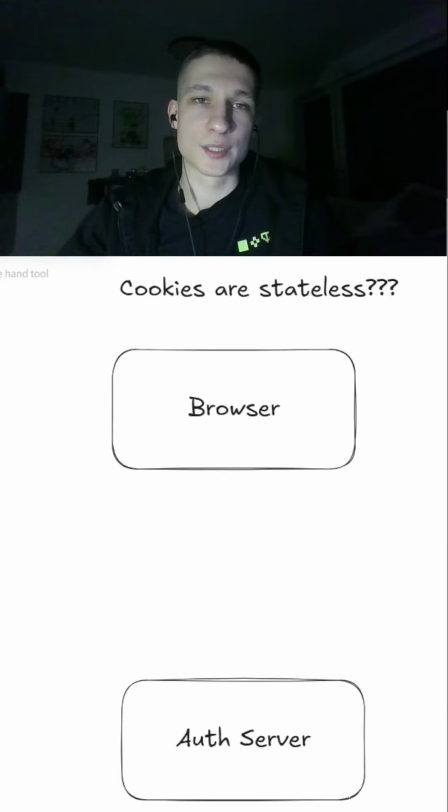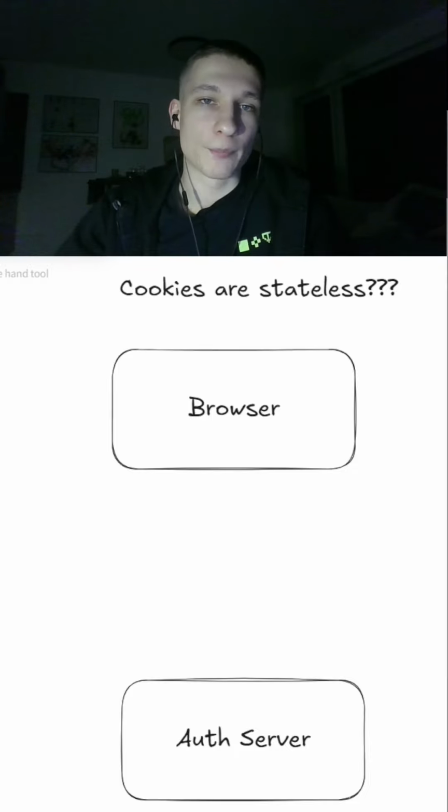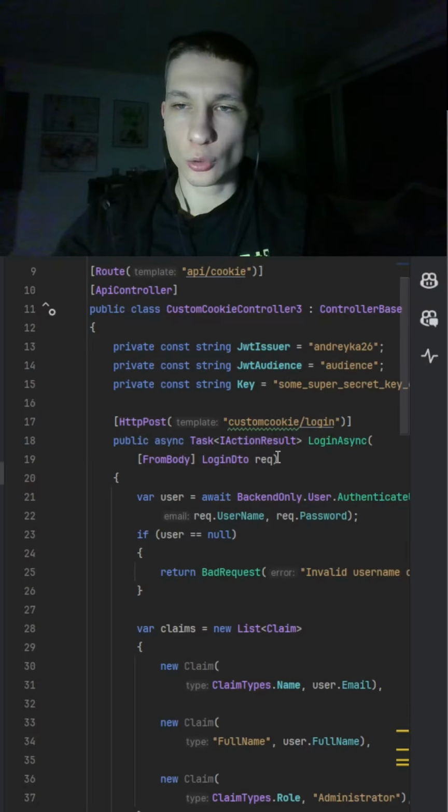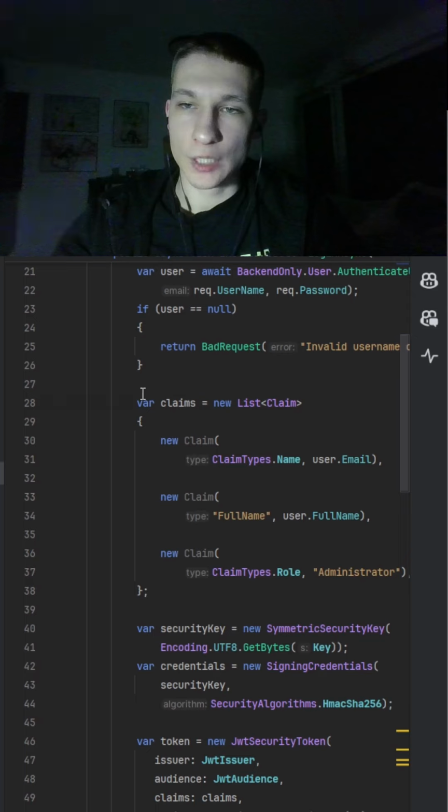This means that cookies are actually stateless at this point, because you can kill your server and restart it, as long as you are using the same origin, which is the same domain. It will keep working. So the typical login flow would include checking the username and password, then we are creating